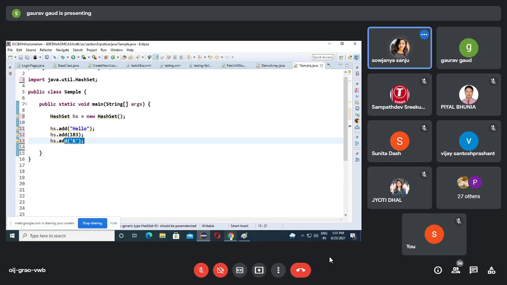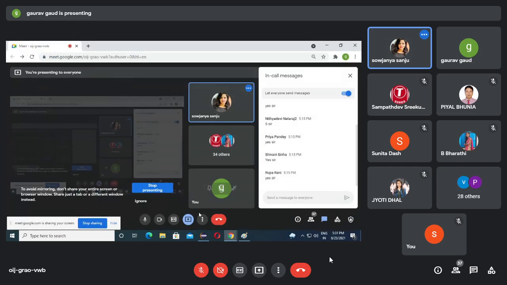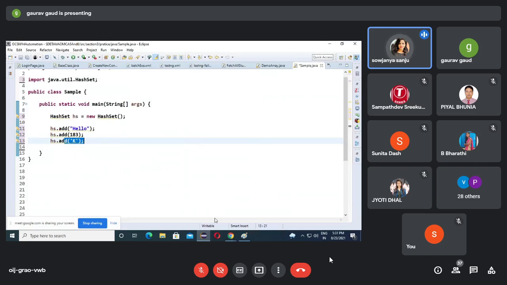So once that object has a hash code, surely hello's hash code, 183's hash code and k's hash code, will they be in sequence or in random numbers? Random numbers. Is it like hello's hash code is 101 and 183's hash code is 102 and k's hash code is 103? Is it like that? All hash codes are different.